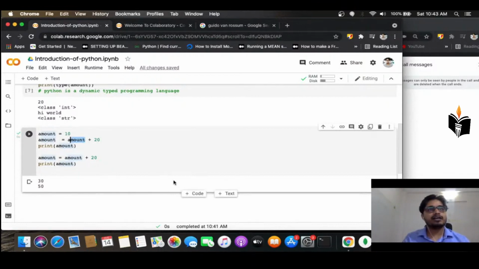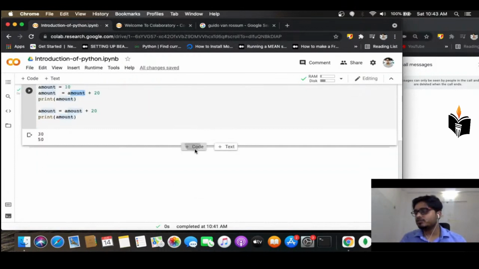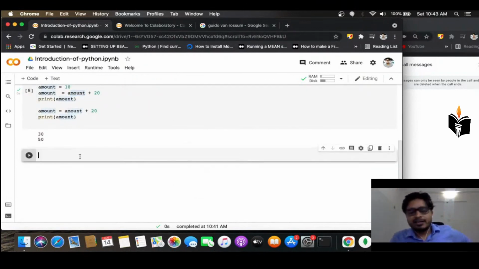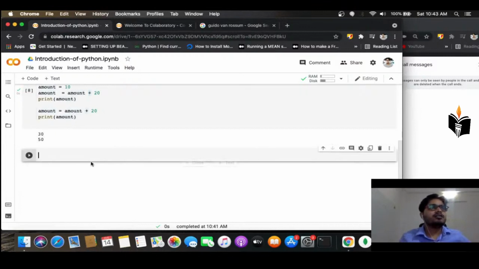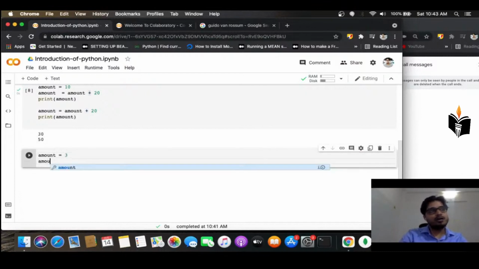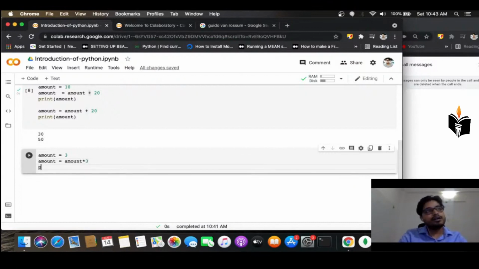I'm going to add another cell, and it will be like this. Python, like every programming language, supports this, as you can see with amount plus 20. Suppose you create the same variable amount and put 3, and then amount is equal to amount multiplied by 3. Where is the asterisk? This is the asterisk for multiplication. When you print this amount,